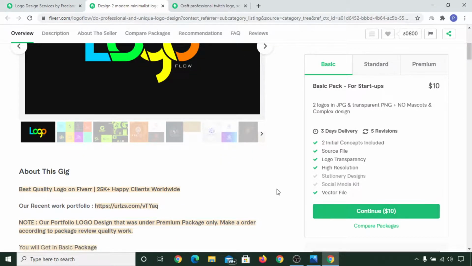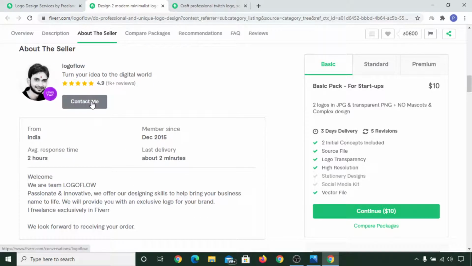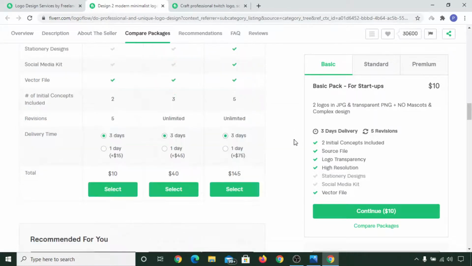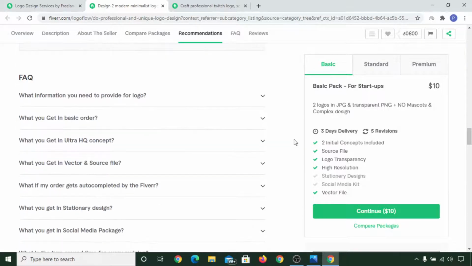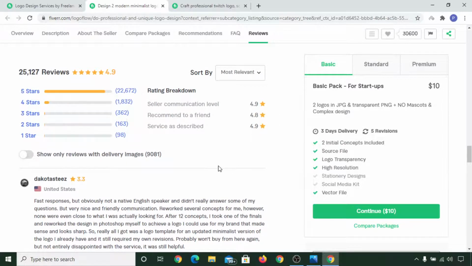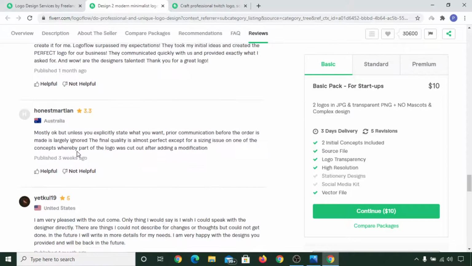Or you can again go read their description and contact them first and make sure about everything and then make the order. Similarly, you can see the reviews. This particular logo designer has 22,672 5-star reviews, so obviously it is nice. Here you can see their comments.